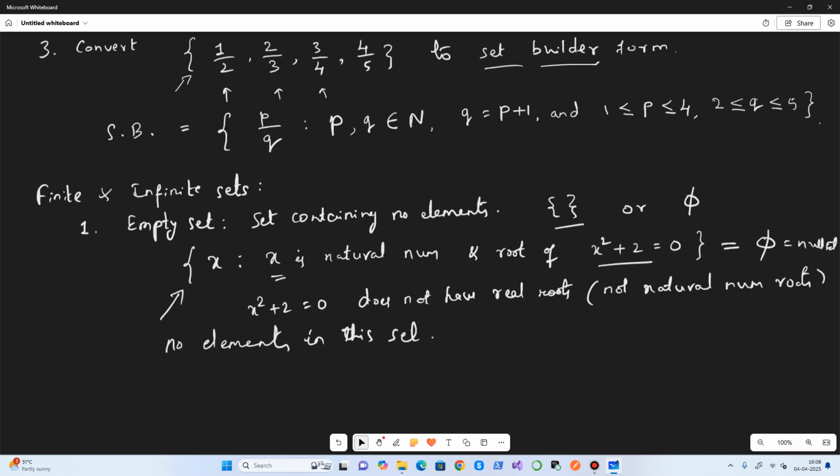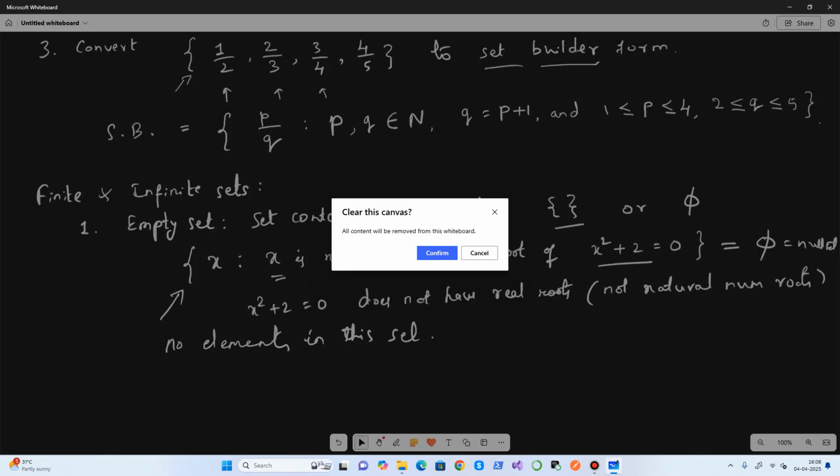Next we will understand finite and infinite sets. What do we mean by a finite set? Let's look at the finite set.